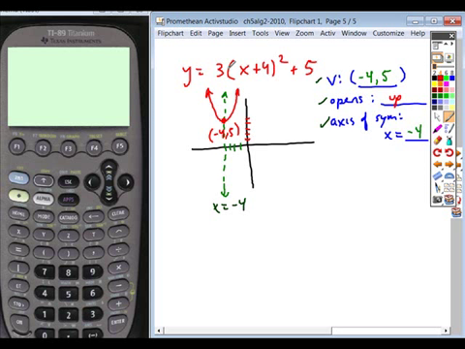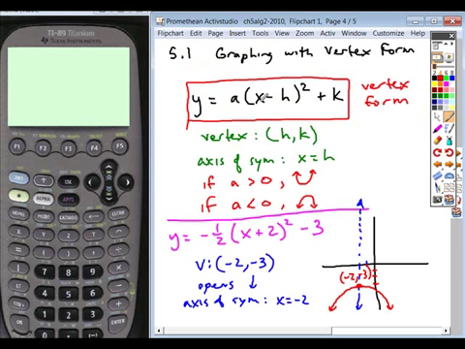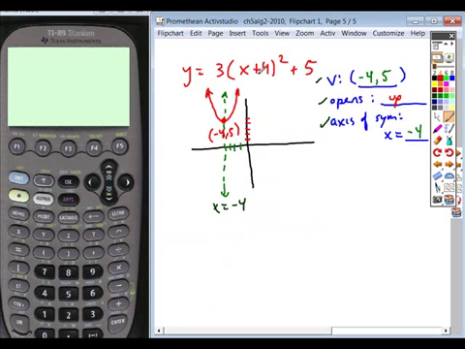Okay, Anna? Why is the 4 negative? This one? Because when you're fitting it into this pattern, the pattern is x minus h. So your h value is the opposite of whatever's there. So when you look at the x plus 4 here, you're taking the opposite of the +4, so it winds up being a -4. Again, the way that I always have said it is you take this whole expression in your parentheses. What value of x would make that 0? And so in this case, the value that would give you 0 here is -4. That's what you're going to use as your x